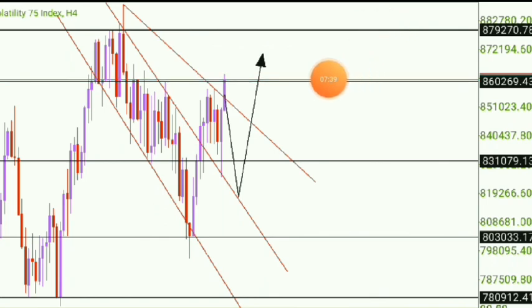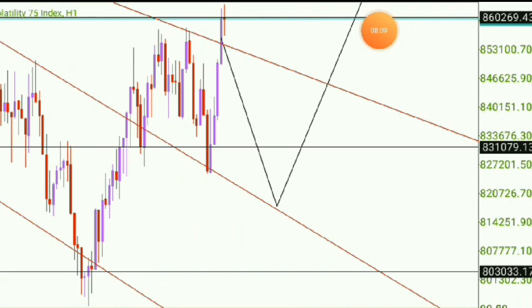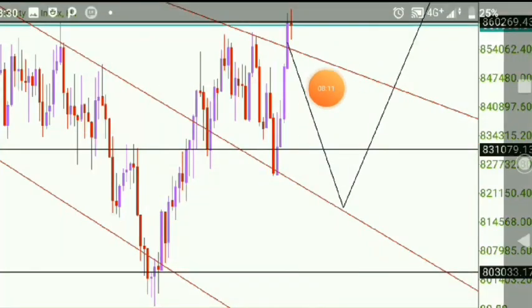Okay, so I'm looking at it and observing it. Now your question might be, how do I enter a trade? I will tell you. If this market wants to continue going up right now, I will allow this market to completely close this candlestick. When it closes the candlestick and brings up a new candlestick, I will have to observe what the new candlestick is forming. Like currently, if we go to the 1-hour time frame,